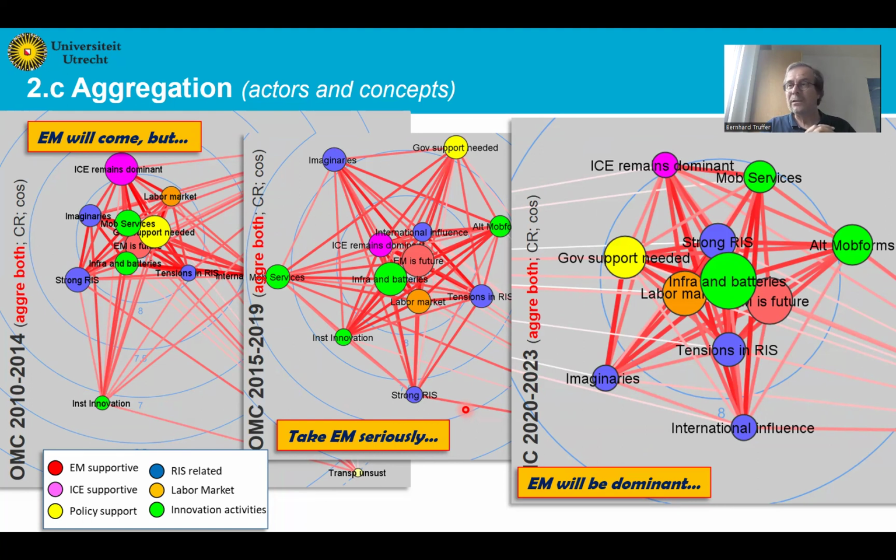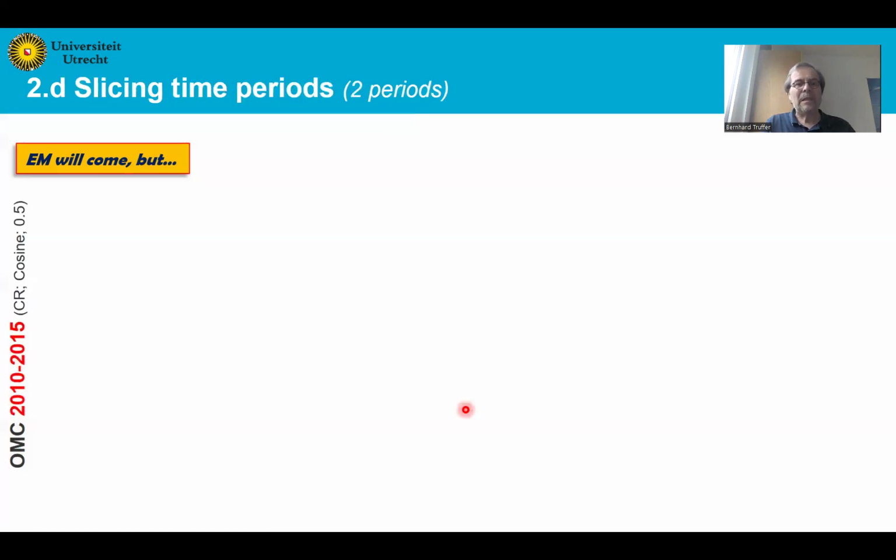How far are you interested in rather detailed arguments or storylines that made a difference from one period to the next? Or are you more interested in conveying the big transformation process, and then a higher level of aggregation might be appropriate? So let's now move to another important topic of aggregation, and that's the